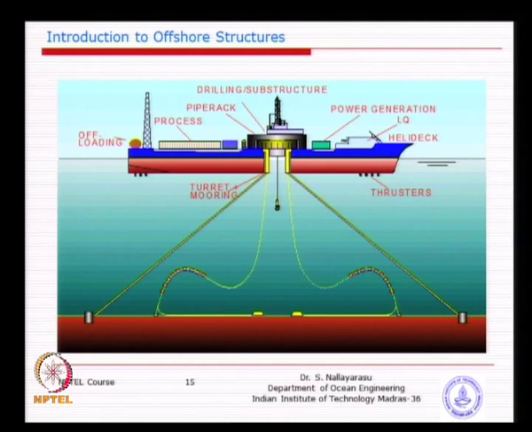So, that means this is almost like a compliant system. We call it a weather vane, because whenever there is a wave or wind load on the system, the hull is going to revolve around. That means the load is not going to be taken by the mooring lines. The mooring lines only station keep the inner turret, but the hull itself is not held in position by the mooring lines, because it is weather vaning.